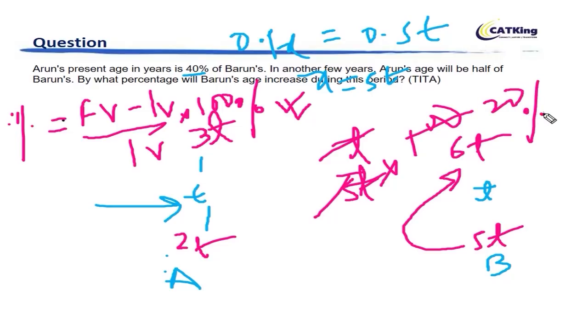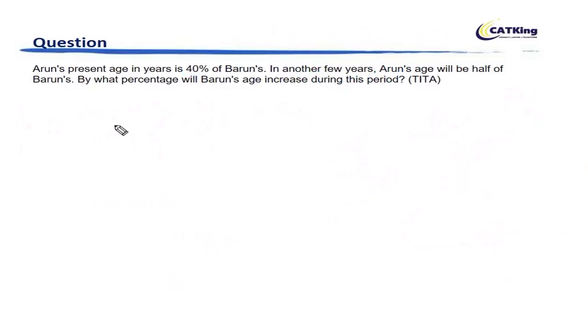So that's the concept. However, this is not the way you should solve it in CAT. Okay, I am giving you the concept also, so that the lesson is a concept builder, and at the same time it also helps you solve the questions faster, right? So how do we solve this? Okay, how do we solve this?